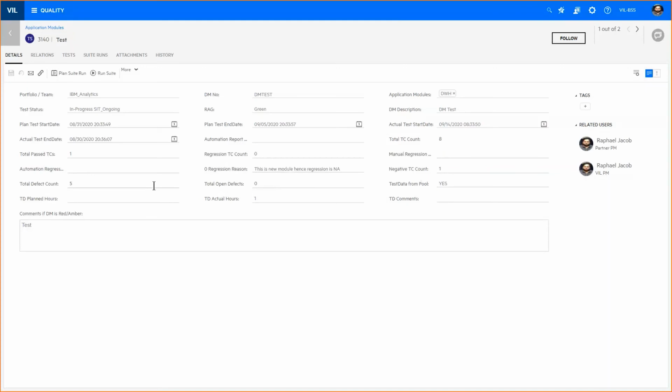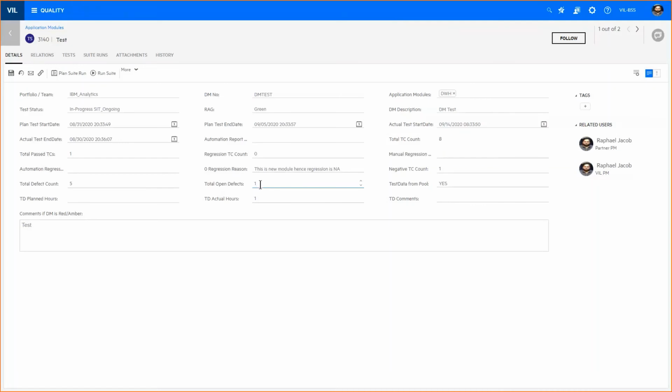Defect count. So the total defect count will have your total defects identified in the life cycle of this demand for the testing. So if we have 5 defects that were identified, we have to write the total count here. And this open defect will again be incremental. So suppose you have a timeline of 5 days, and on the first day you have identified 5 defects. And by the 4th day, if you have only 1 defect open, you need to keep updating this on a daily basis and keep it as 1 and track it accordingly.